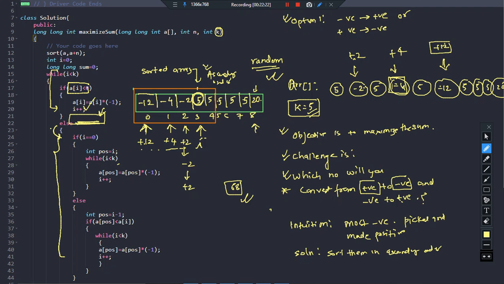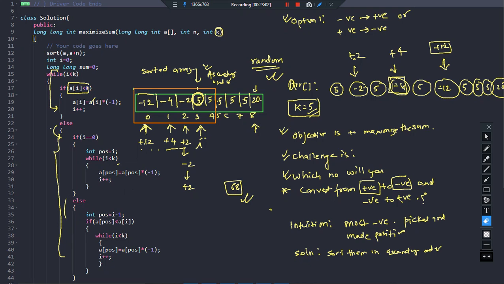What we are doing is, we are first of all checking if I is equal to 0, and if the first number itself is positive, then we are doing these things, right? And else means if I is not equal to 0, we are going to check whether the number before this is less than a of I or not. So why not swap these operations? First check this, then we will check this, and don't write it separately, instead perform this comparison in one line only. That might reduce the time of execution. So let us do that.